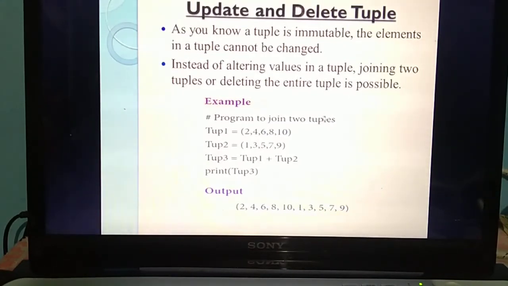So listen. This is the program for joining two tuples. Here, two tuples are mentioned: TUP1 and TUP2. You are going to add these two tuples. The third tuple is TUP3. How do you add? TUP1